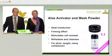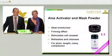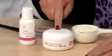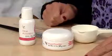And I would suggest we take a look at how it works in practice. This is Karen, who has kindly agreed to be our model. We are going to try the biolifting out on Karen now. So we have our two products here, the Forever Mask Powder, article number 341, and the Aloe Activator, article number 343. We take these two products and mix them in a 1-to-1 ratio to get the exact consistency for our